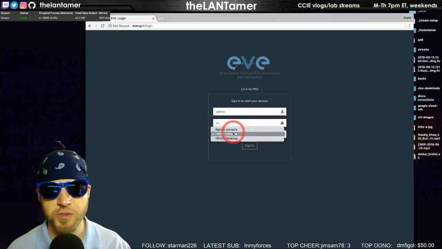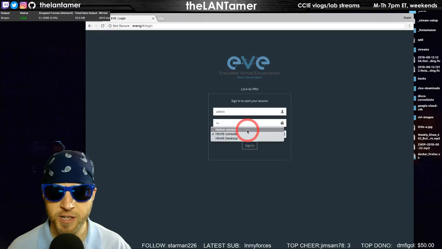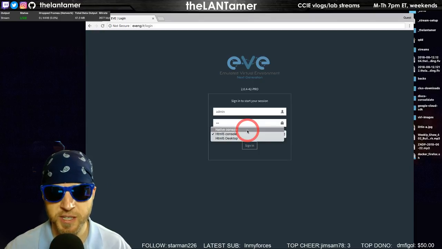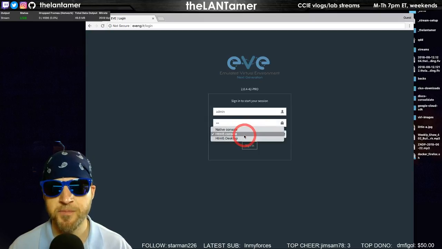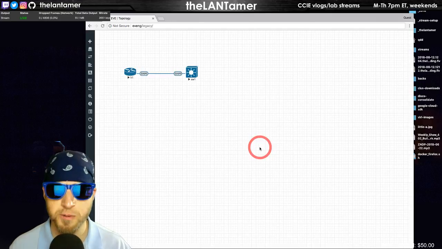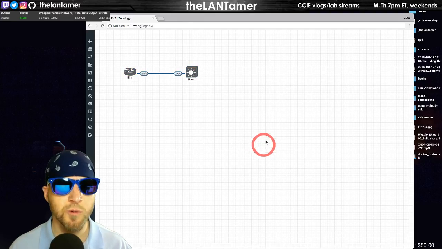And there are some things, of course, that you have to do if you want to use your own terminal application, like PuTTY. You have to do some things potentially to make sure that you can log in and connect. You don't really have to worry about any of that with the HTML5 console, because the HTML5 functionality is very rich and works really well, such that I'm not really worried about using PuTTY.